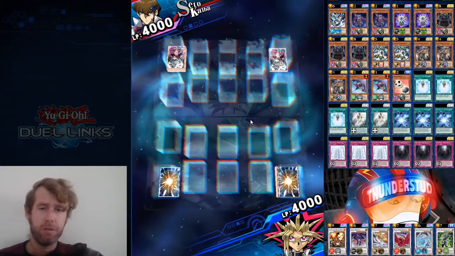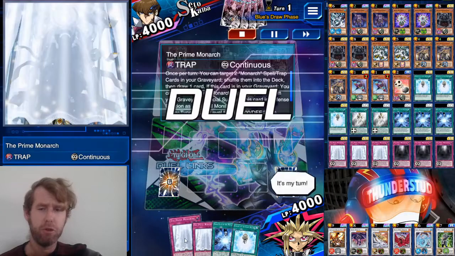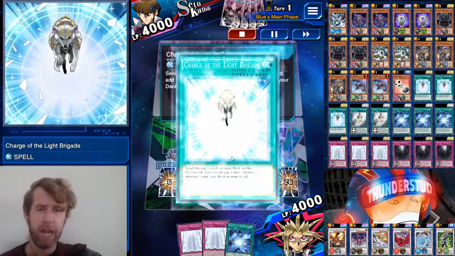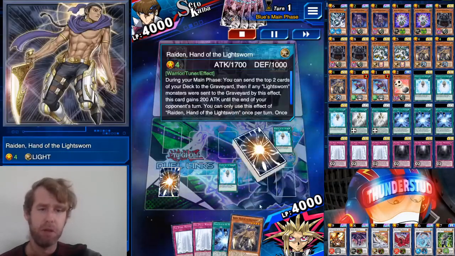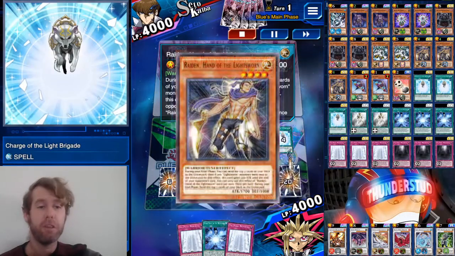Okay, here's Seto Kaiba. We're going first. Using some Yubel sleeve and man, it's pretty cool. 2 Prime Monarchs in our hand. That is absolutely terrible, guys. We're gonna start with a Charge of the Light Brigade, mill our other 2 Charges of the Light Brigade, but